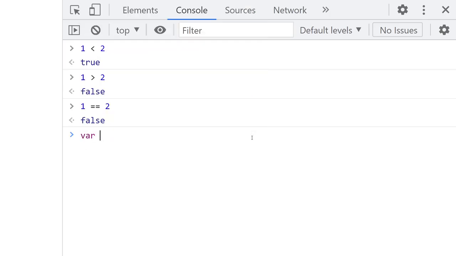For example, I can type var score equals 100 to declare a variable called score and assign it the value 100. In other words, I can now confirm that the value of score is 100 by typing out score in the console. Indeed, 100 it is. In contrast, in JavaScript, the equality operator has two equal signs, and it checks only for value. Additionally, there's also the strict equality operator that has three equal signs, and it checks for both the value and